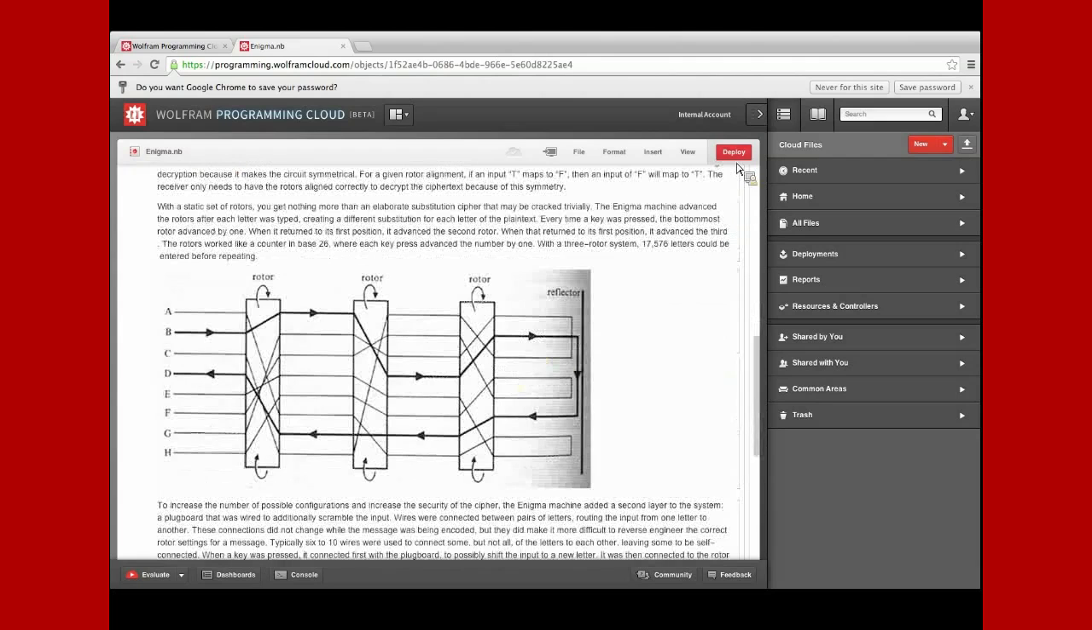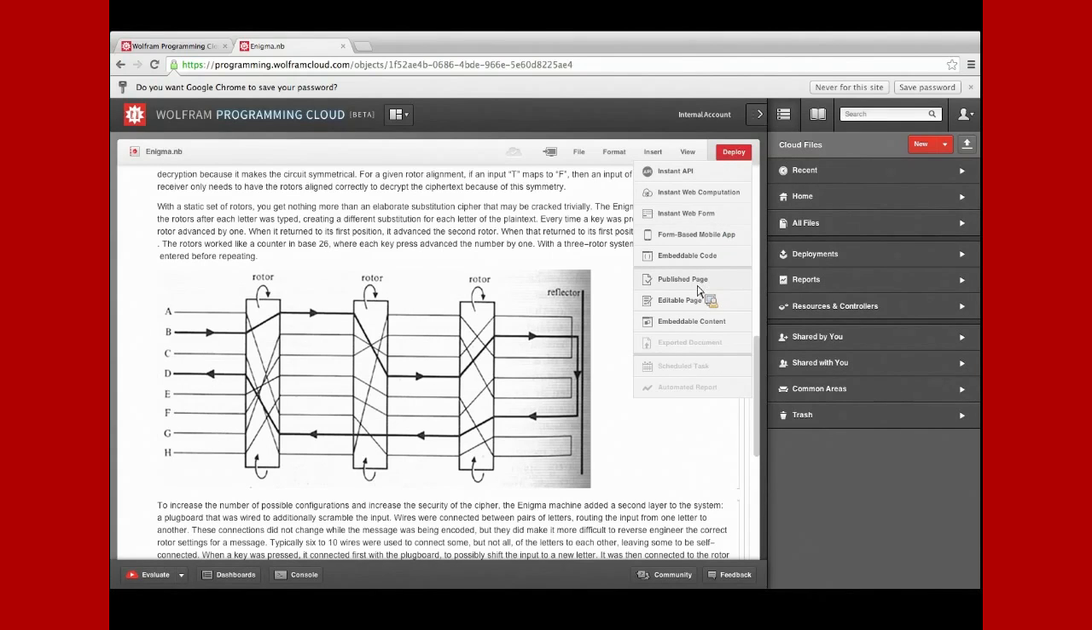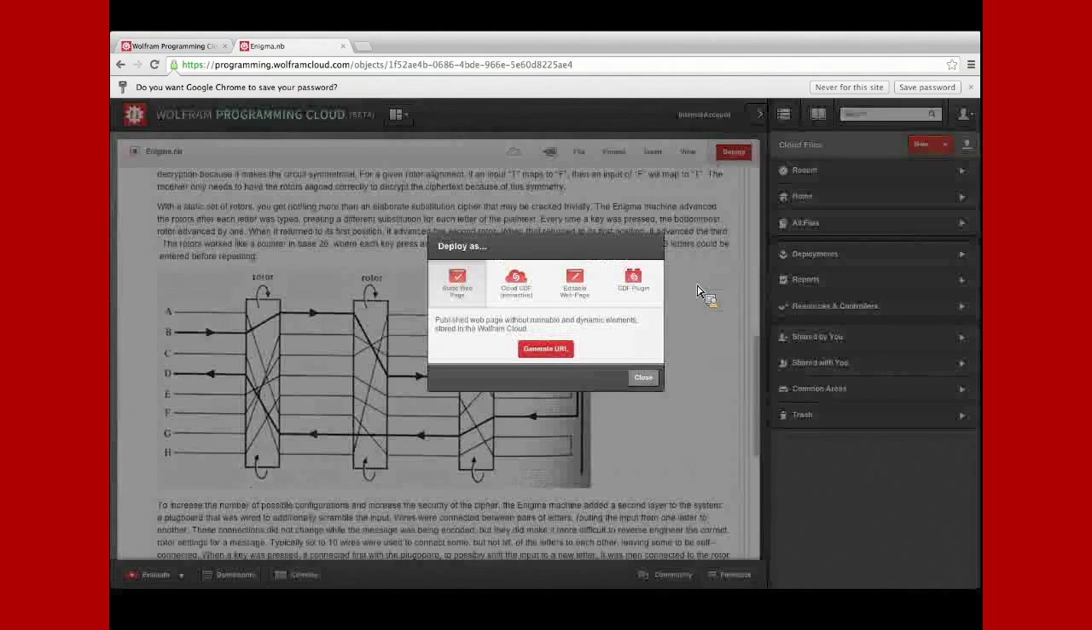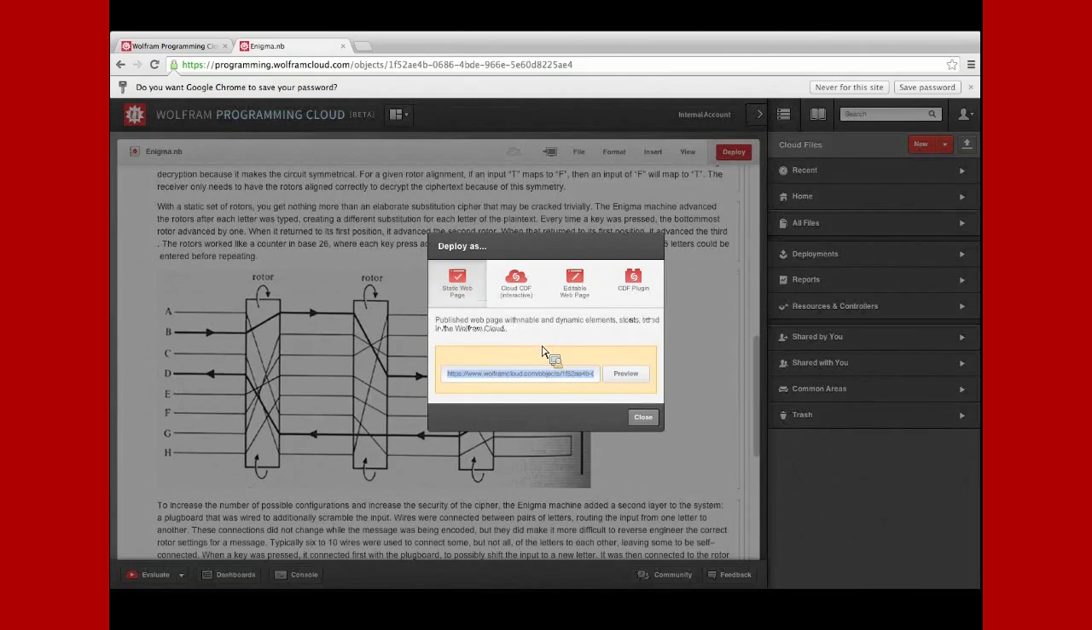So to just show this static notebook, we can use our big red deploy button, which shows us all the different ways that we can deploy things. I'm just going to click Published Page here. And you notice I've got static web page selected. And if I just press the button, it gives me this URL. And if I preview it,